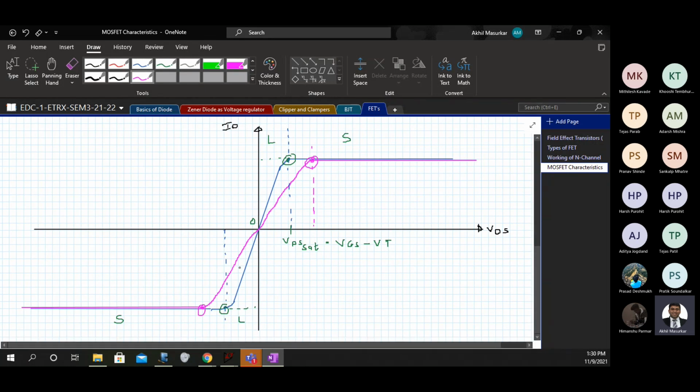This pink characteristic is for depletion type and the blue one is for enhancement.